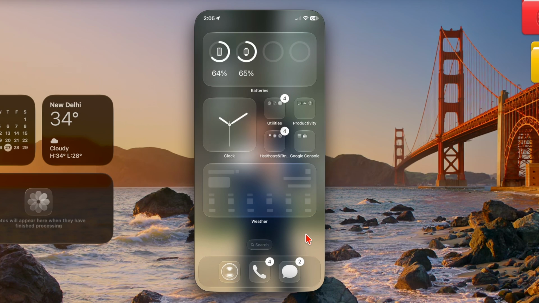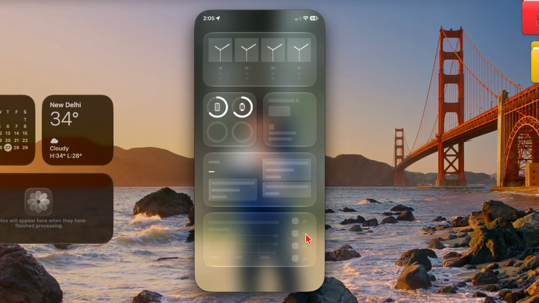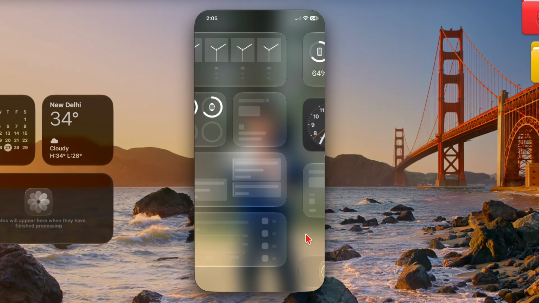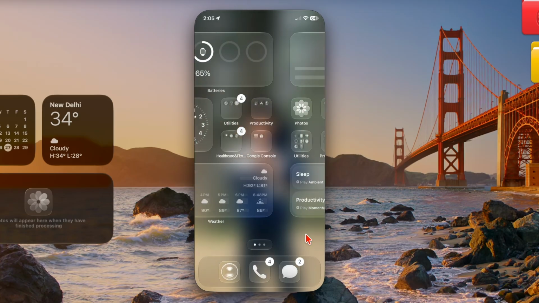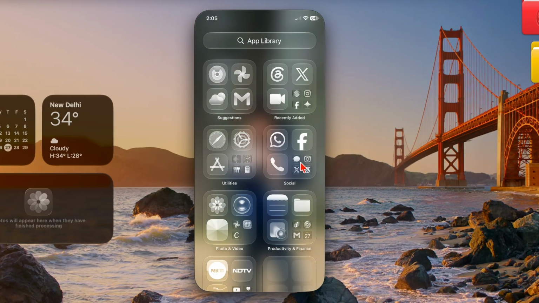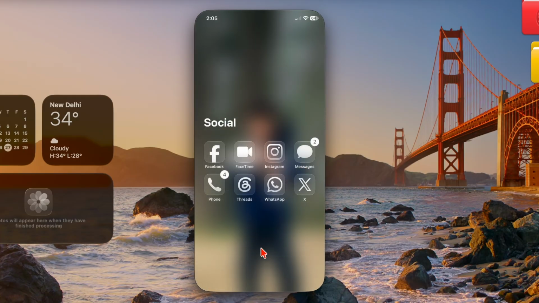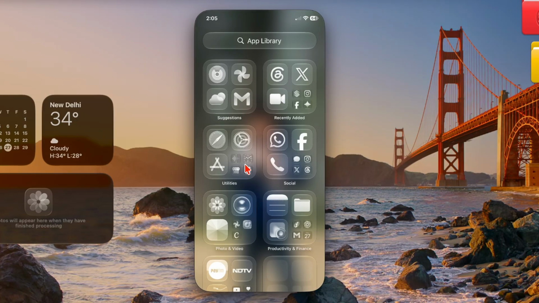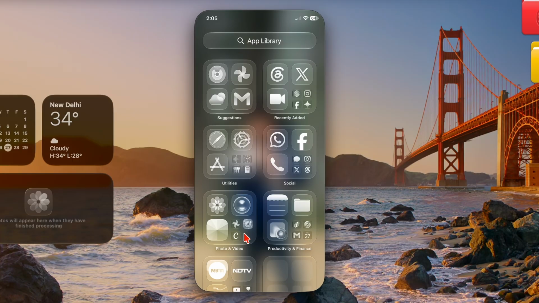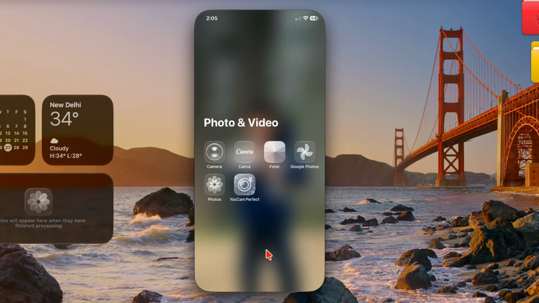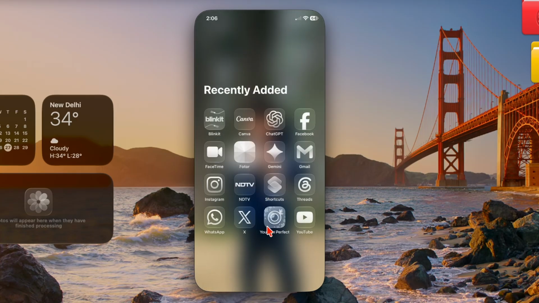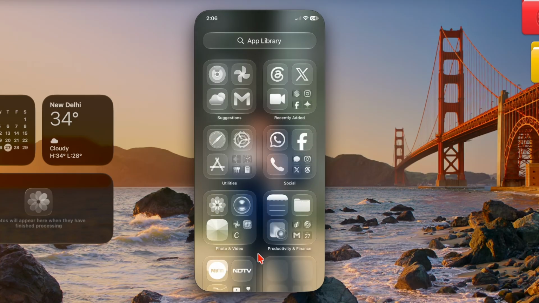So that's how you can easily get clear app icons on your iPhone home screen. This simple customization gives your home screen a more transparent, minimal, and futuristic appearance while allowing your wallpaper to shine through the icons and widgets. If you prefer the new glass aesthetic but want a more subtle look, you can always switch back to the default icon style. Now give both options a try and choose the look that best matches your iPhone,